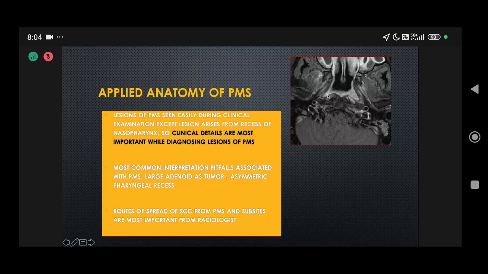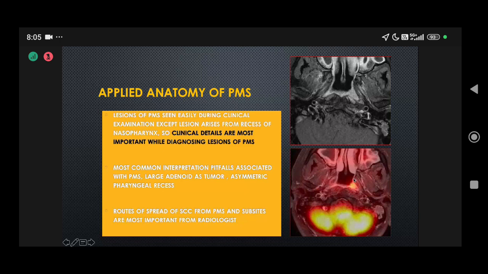So these asymmetries to look for are very important, because asymmetry can be physiological and is sometimes overlooked, particularly in the treated patient. This is the case of a female with treated carcinoma of the nasopharynx, who came to us with this type of asymmetry, and on MRI you can see some thickening. We did a PET of the same patient and fused it. So this is the PET MR, which is showing the uptake